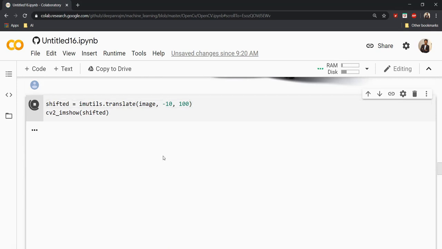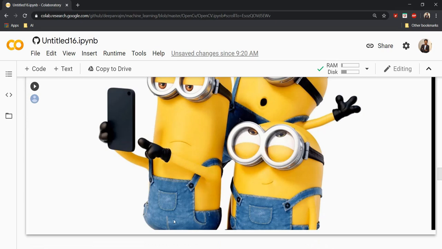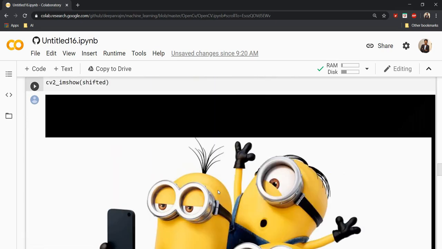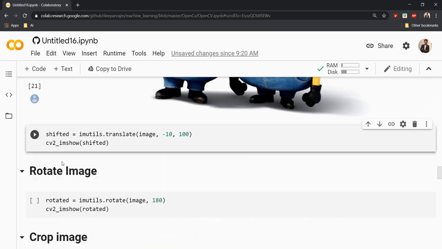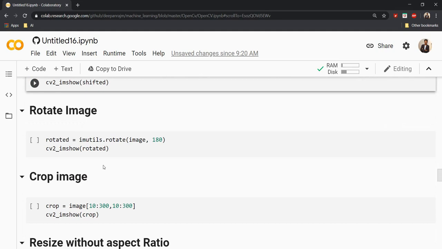This can be very handy to occlude some pattern which is at the bottom or at the top, or on the left or right, so that we can use it as a separate image for our data set. Now let us go for rotation of images. Sometimes we need to rotate images to organize them.